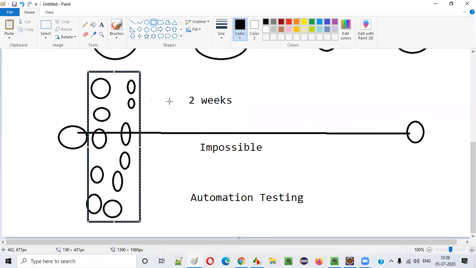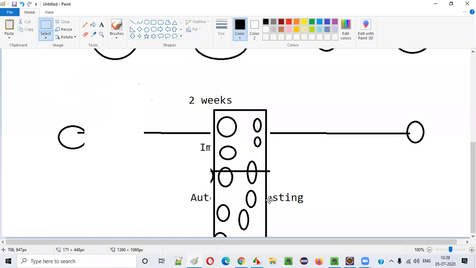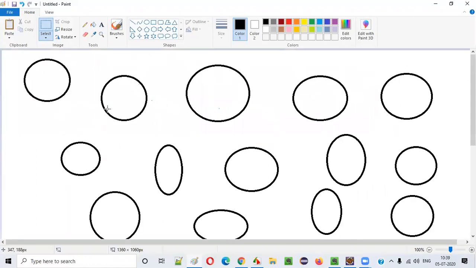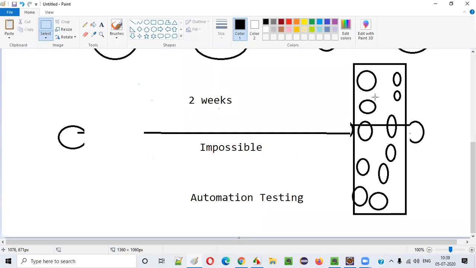For 2 weeks we have to focus on completing this stuff, and at the end of the sprint you should be in a position to complete all of it. But if you focus on the end-to-end functionalities from the beginning, you will miss the focus here, and your job will not be completed. So this is where, guys, automation comes into the picture.